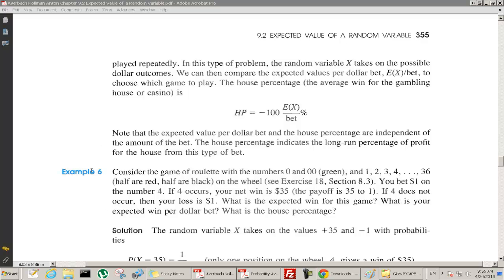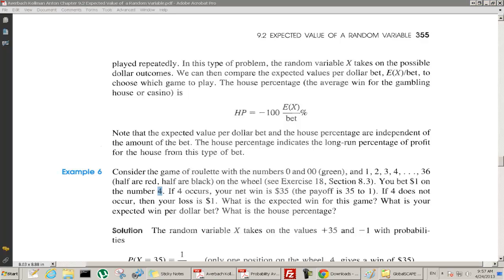Consider the game of roulette with the numbers 0 and 0, 0. Those are actually not white, they're green. And 1, 2, 3, 4 up to 36. Half are red and half are black on the wheel. You bet $1 on the number 4. And what happens is, if you win,